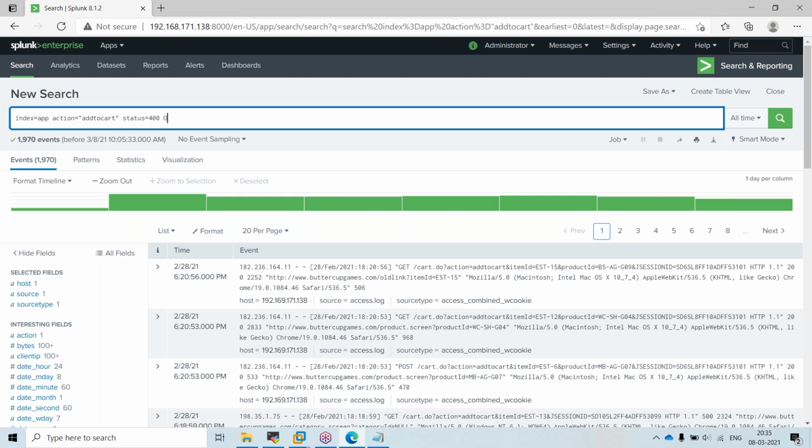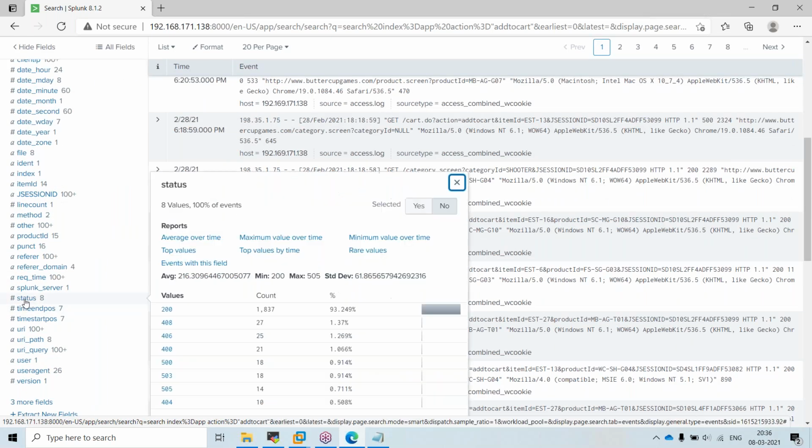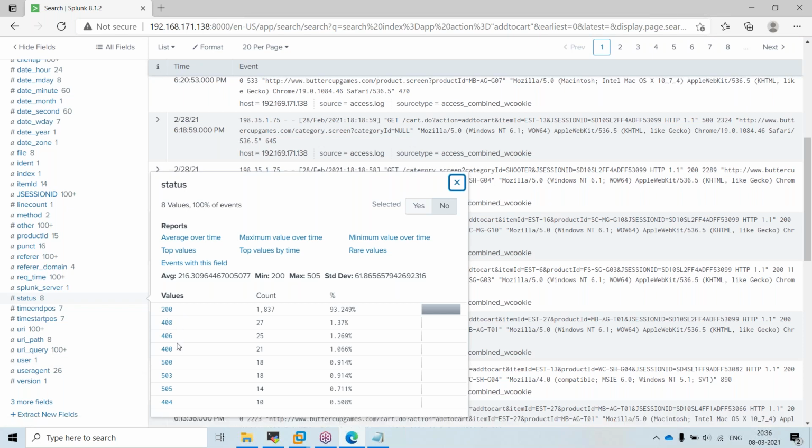I can give, or, status equal to 404, or 406, I think. 400, 406, 408.